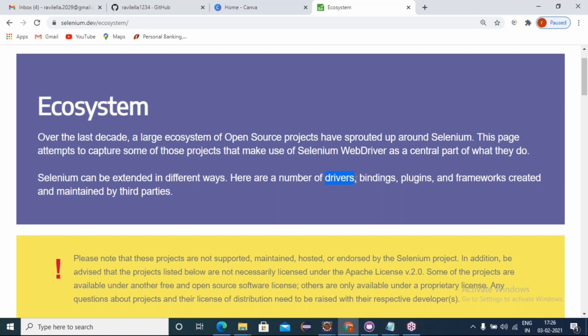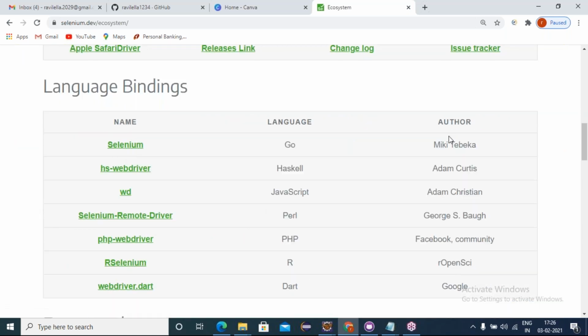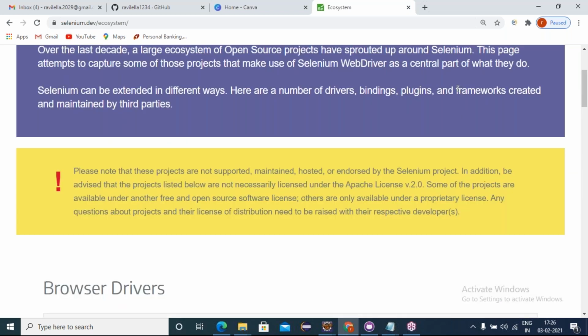Third parties introduced these drivers and contributed them to the Selenium community. See, here are the number of drivers and bindings, meaning language bindings. Who introduced the Go binding? Here, he is the author, who introduced the Go programming language to Selenium automation. And frameworks: Selenium itself doesn't have any built-in framework, so these frameworks were also made by third-party teams only.